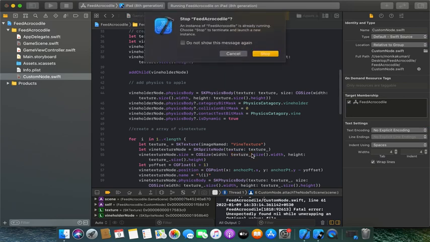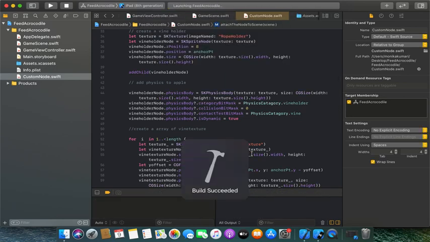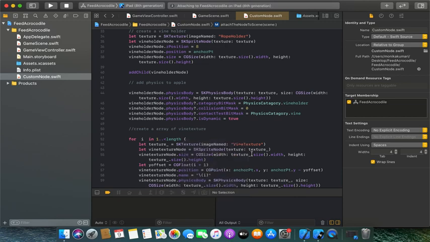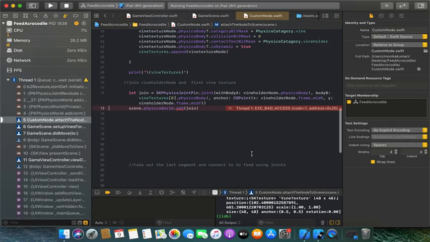Okay, let me run and see. Now it is crashing on joint, saying